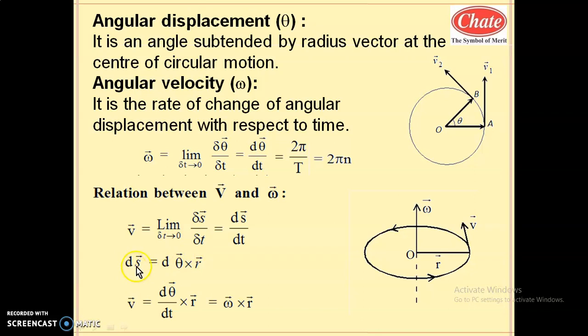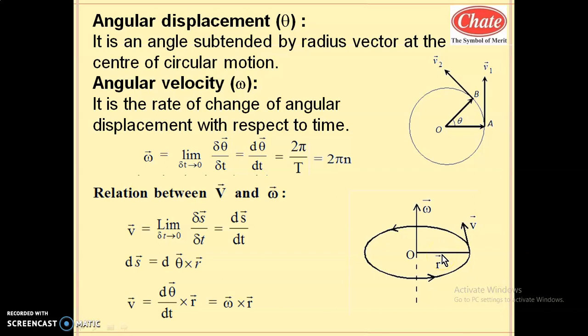Here ds means the arc subtended by the angle d theta. It is written like this by the vector product. It is a product of two vectors, and the resultant is a vector, so it is a cross product. Delta theta is an angular quantity, and angular quantities are generally axial vectors, so delta theta comes in place of omega. So delta theta cross r.